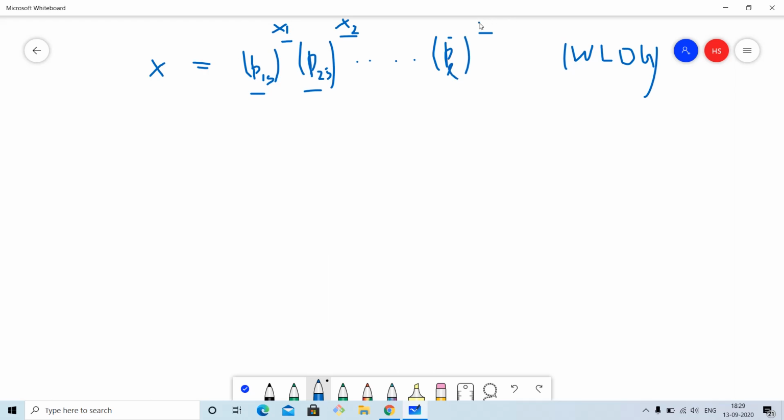And the exponent xk of this will be binary. It will be either 1 or 0, right? So now how are we going to process these small and large prime numbers, and calculate the prime factors of x? For small prime numbers, our capital N is given to be up to 100,000.